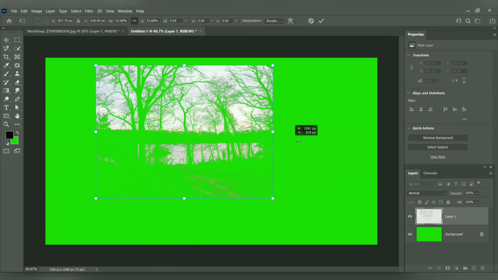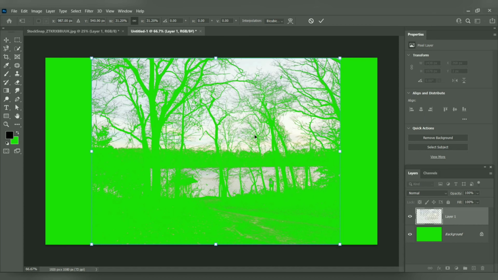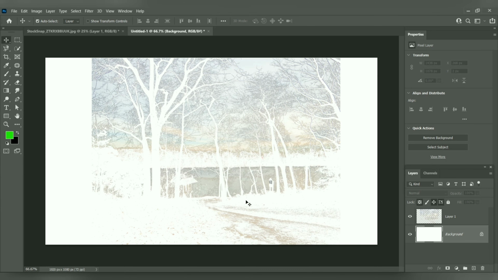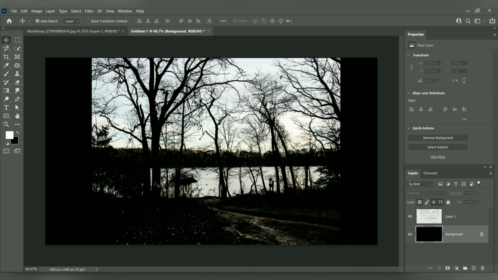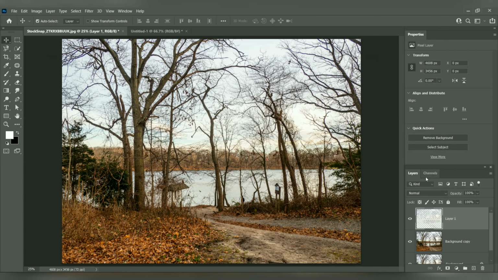If you want, you can invert your selection by pressing Ctrl Shift I. Just experimenting with the background layer. It is giving a snow effect to our image. This is also looking nice. Now I am going to show all these by inverting the selection in the main image.